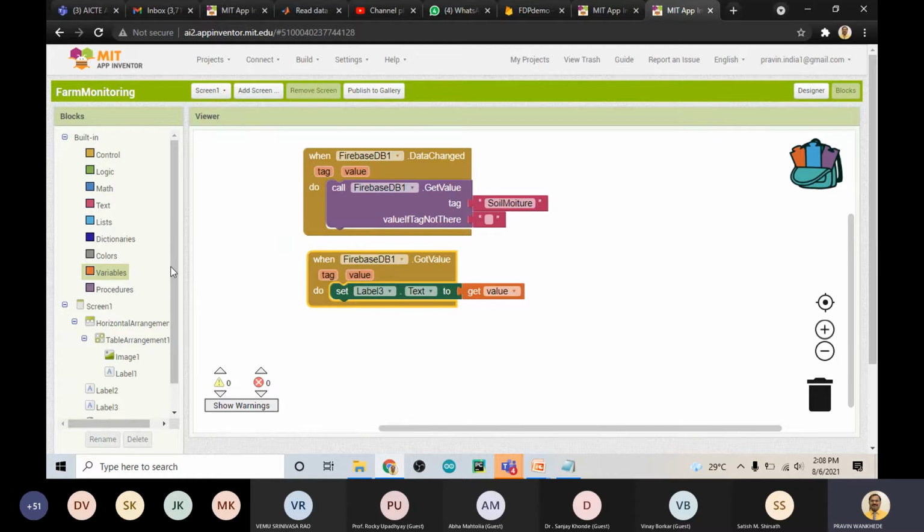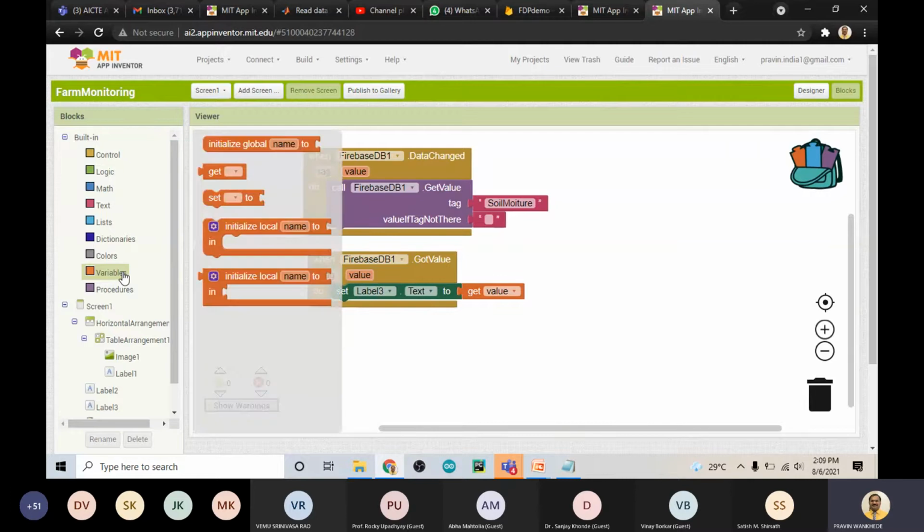The get value block is in the variables. If you just click on here, see this is, just drag it, and if you click at the center, it will open the two values.